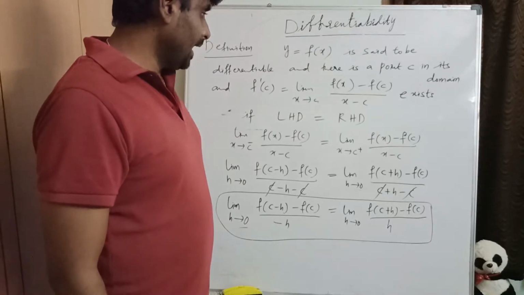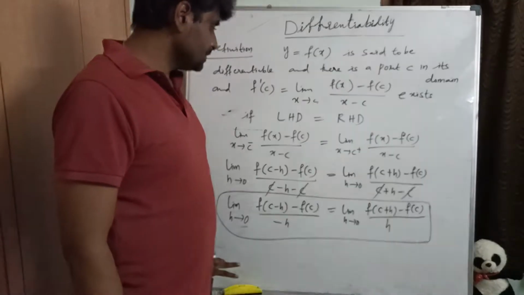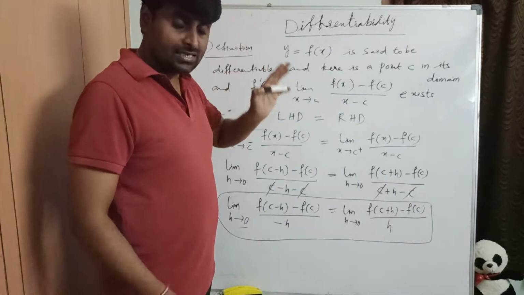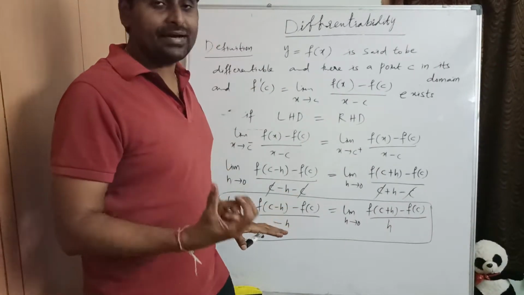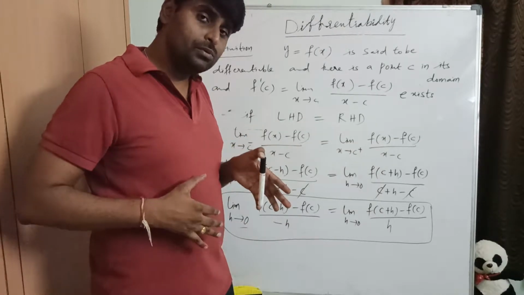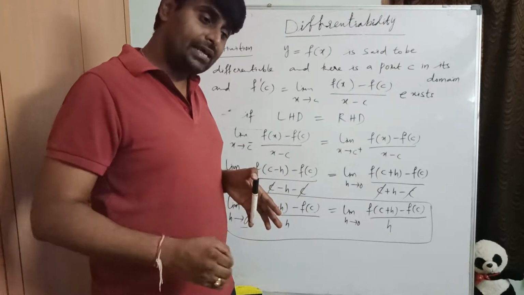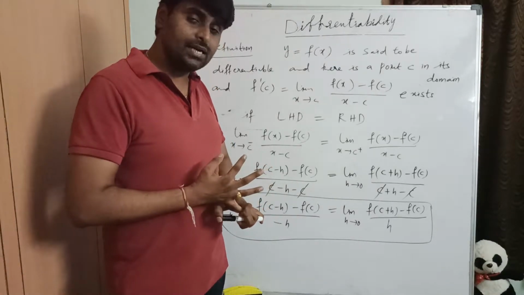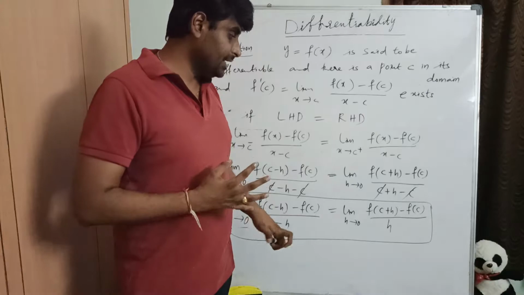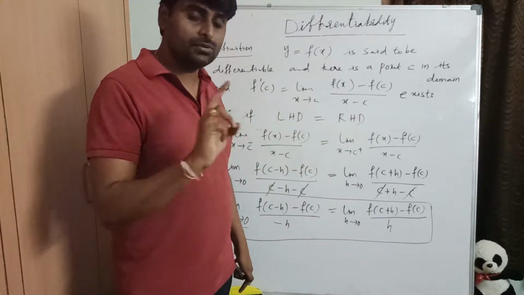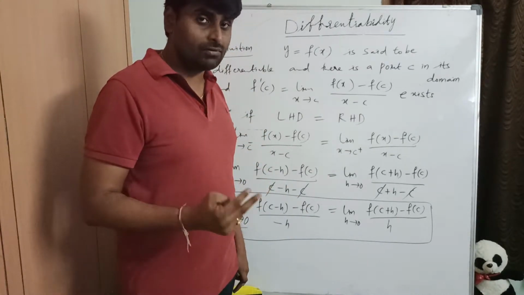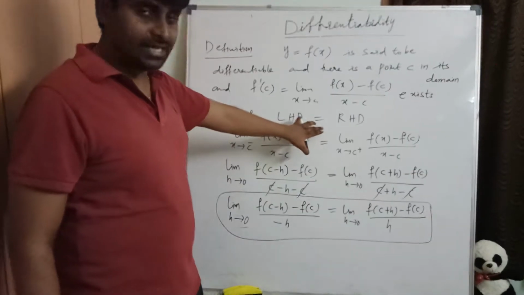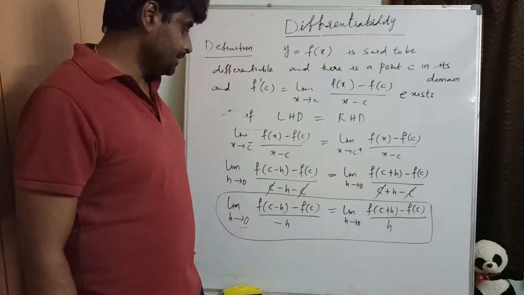Clear? Actually, when you go for the competitive side, problems will be very easy from this chapter, differentiability. It is enough to simplify the function. First of all you have to redefine or rewrite the function. Then we check whether LHD and RHD are equal or not. So we find LHD and RHD and just see whether both are equal or not. Those are what is going to be checked for the competitive side. Clear?